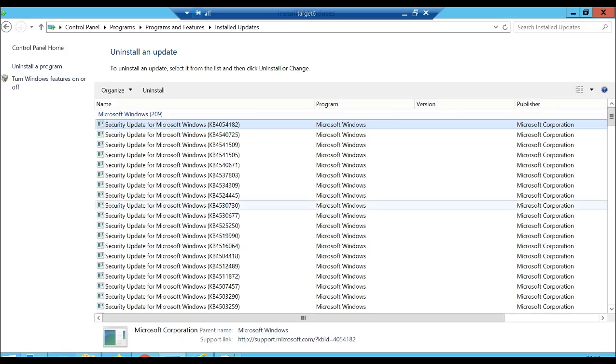I have now logged into the server. We can see that the patch is actually installed on the server. If you see at the top 4054182, the patch is actually installed. Now what I'll do here is I'll check the log package and see the patch debug logs to find out more about the file version. So I have already downloaded the log package and extracted it on this server. So I'll just go to the folder.